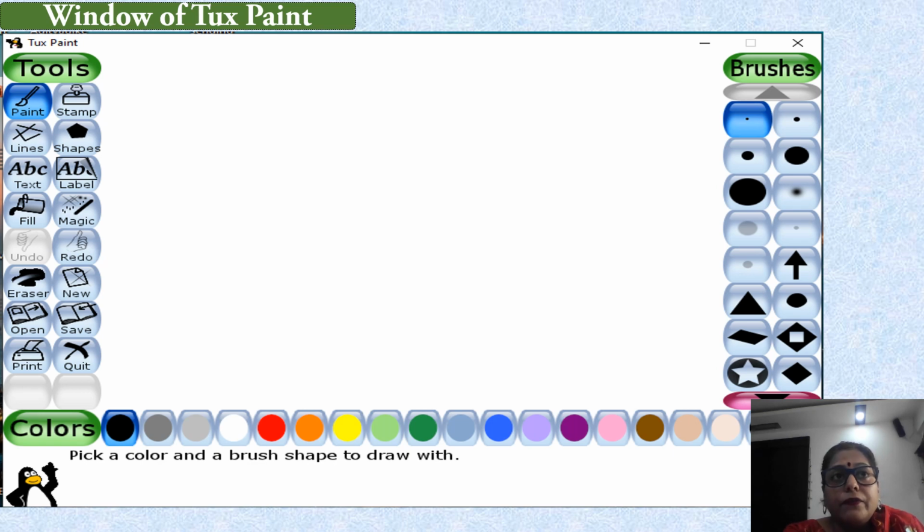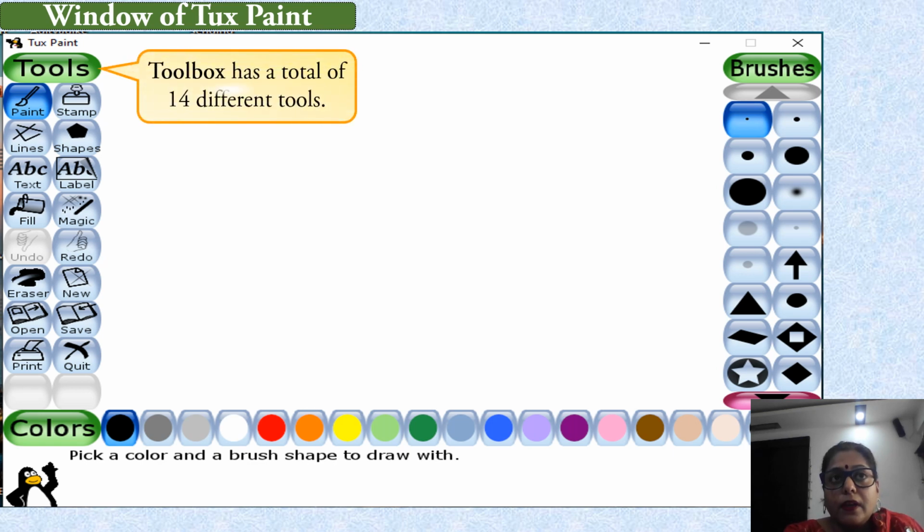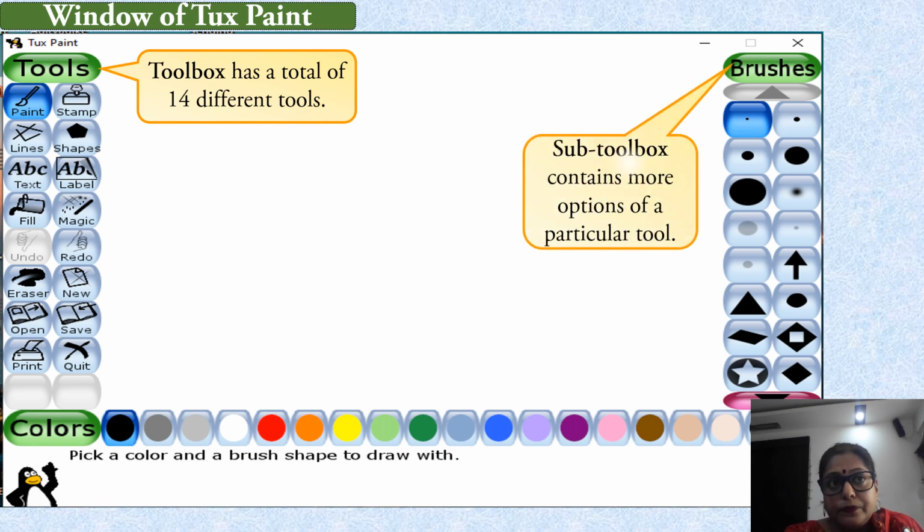Okay. First is tools. We can say this is the tool box. It has 14 different tools like paint tools, stamp, lines, shapes, text, magic, etc. These are the main tools in TuxPaint. Okay. Now on the right hand side, we have brushes.